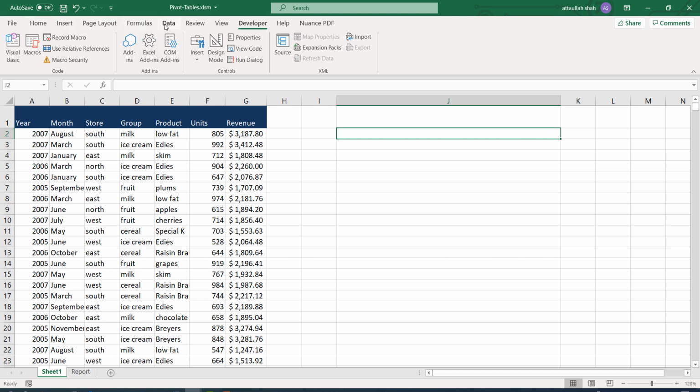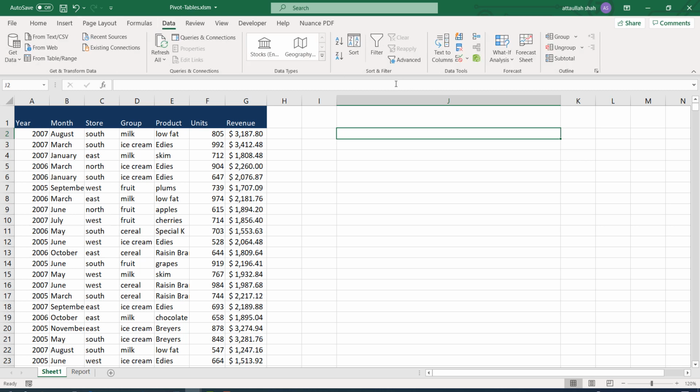So let's go back to the data tab. Then in the current cell, that is cell J2, I'm adding a validation. Okay, the validation button is located in the data tab, and then in the data tools box.